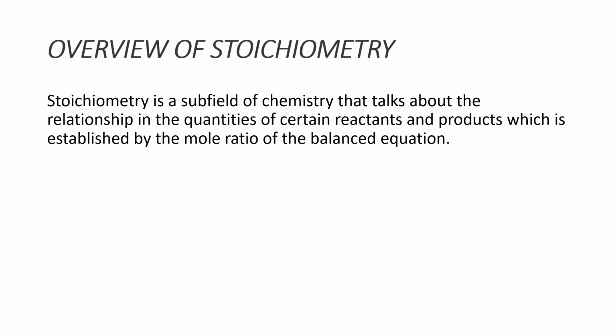Stoichiometry is a subfield of chemistry that talks about the relationship and the quantities of certain reactants and products in a certain reaction, which can be established by the mole ratio of the balanced equation. And I will explain more about the mole ratio more in depth. But the first thing we have to see is it talks about the equation being balanced. So